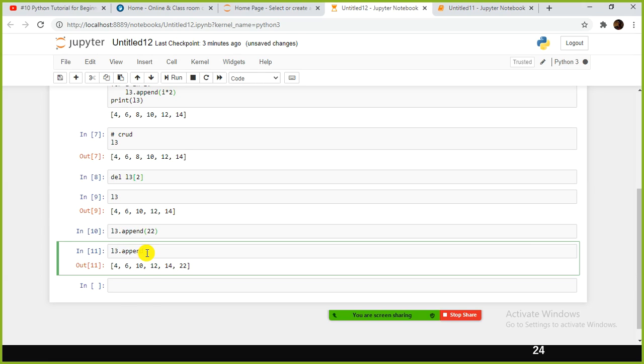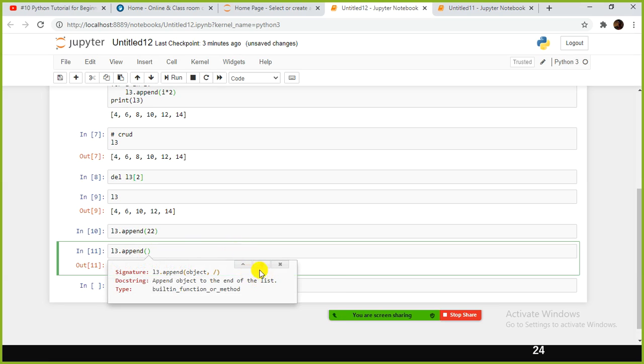See, another thing is, suppose you don't know the command. If you just type append and press tab, it does code completion. Then append is the function; with the parenthesis, press shift and tab to get the help here.